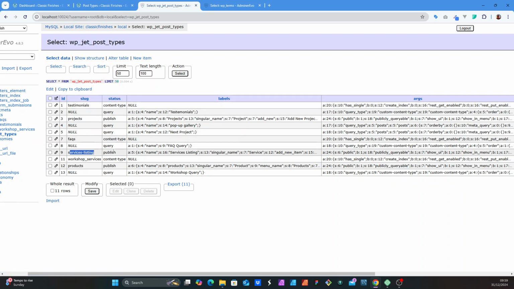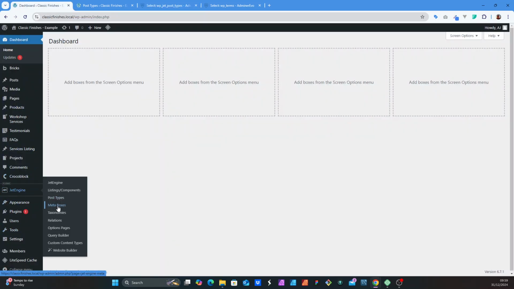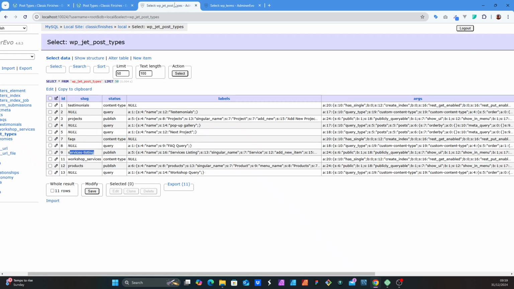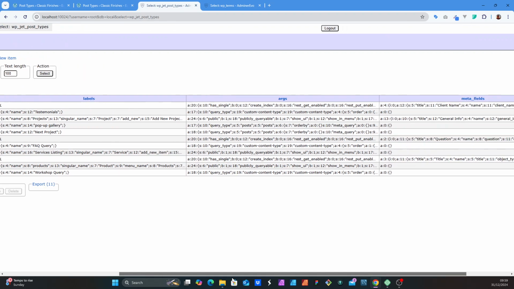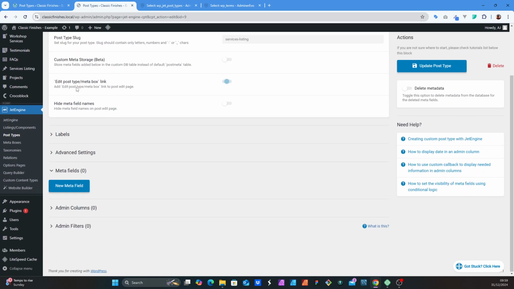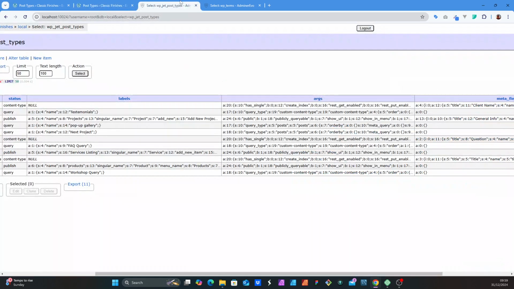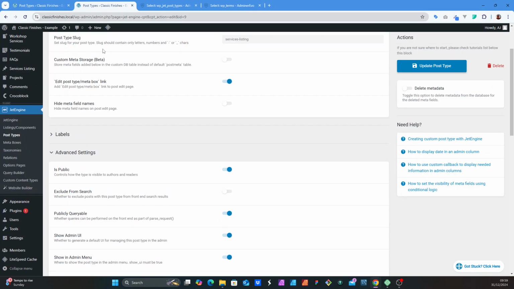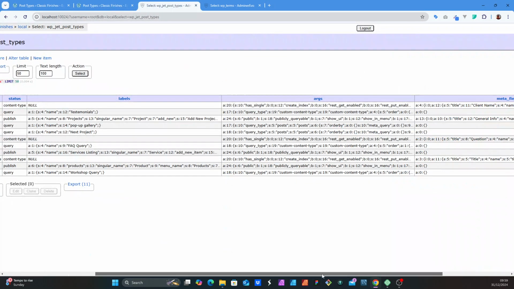Yes, it's been published, because when we created the post type, it's live, it's published. All the information, the labels that you have, so everything over here, labels, right? Then you have arguments, which would be this, and then you have the meta field,